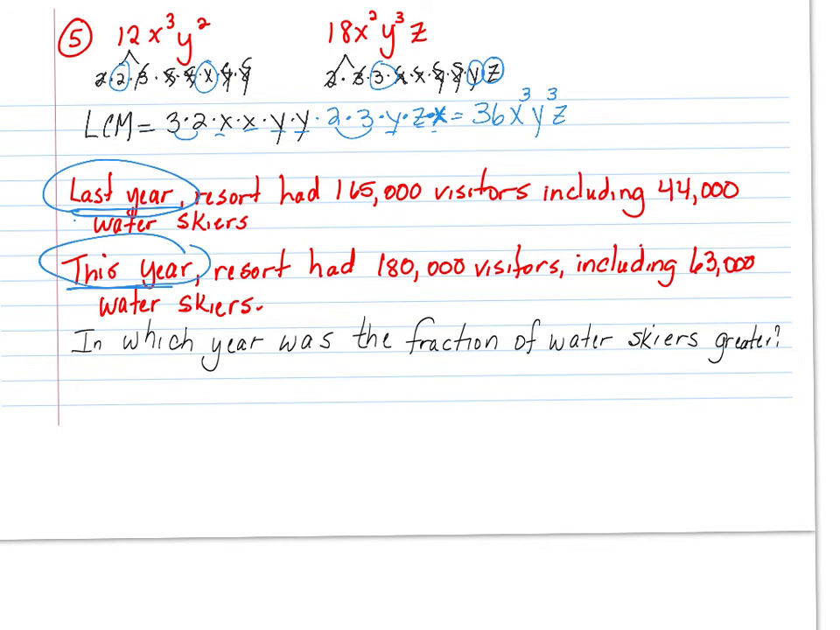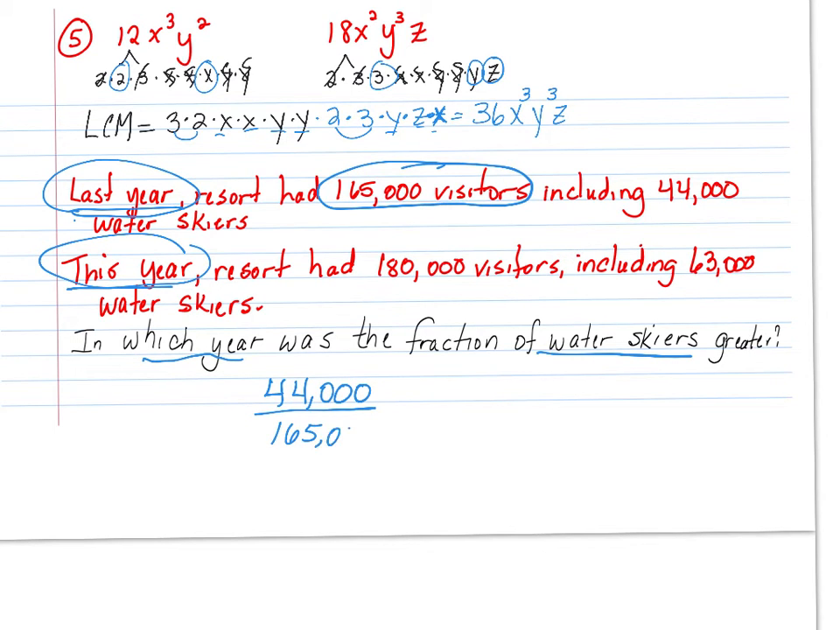So the question is, in which year? We're going to compare last year to this year, but we have to compare fractions. Last year, how many water skiers were there? No, that was the number of visitors. How many water skiers were there? Because we're talking about water skiers. Camden? 44,000 out of